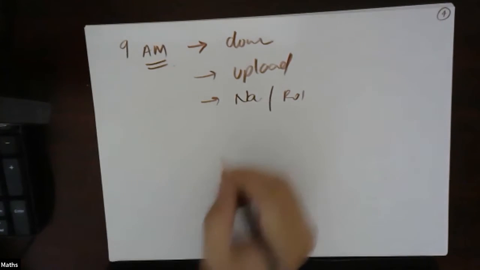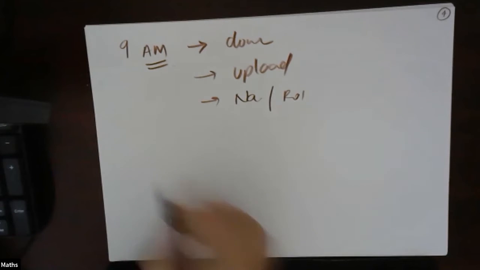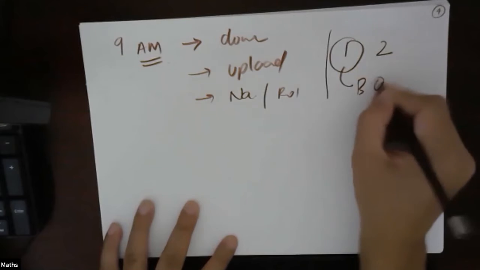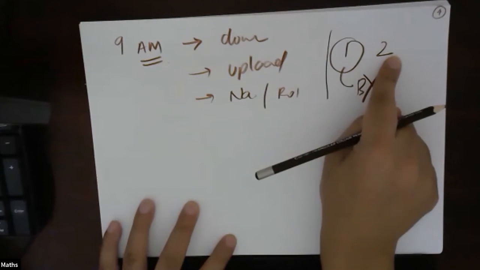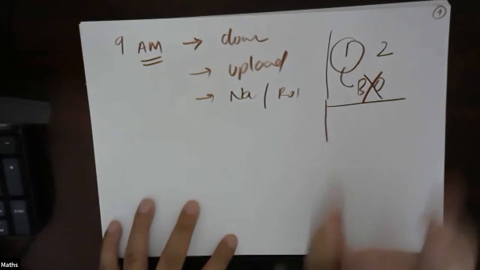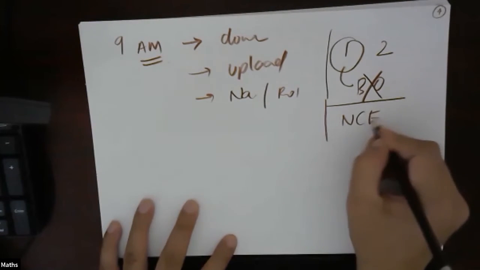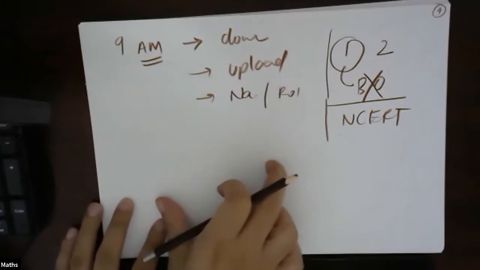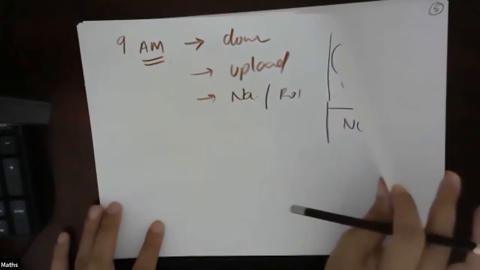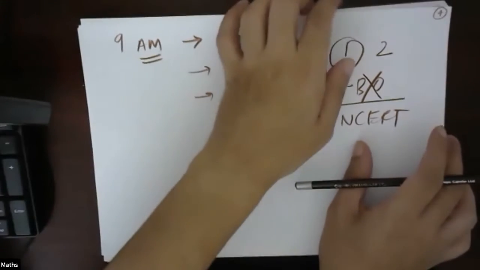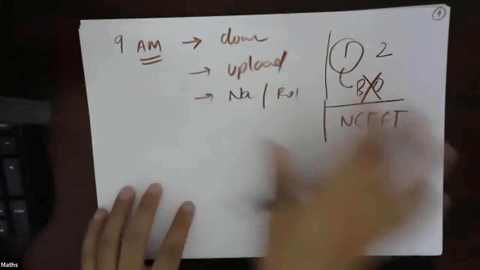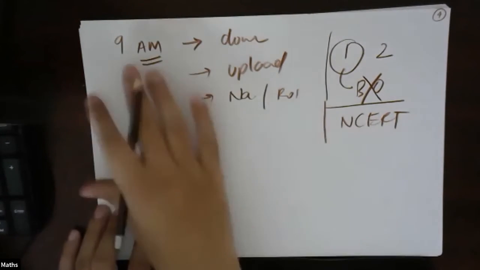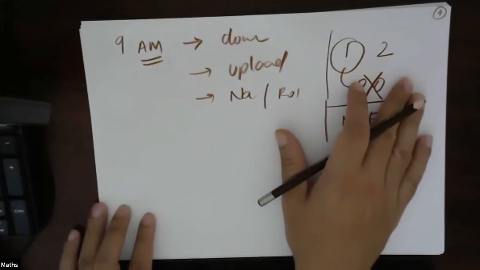The syllabus has already been told to you. Your syllabus will be the first chapter and second chapter, and in the first chapter binary operations are not included. All questions will be based on the questions from NCERT. The best way to write the exam is to use A4 sheets, which I am using. If you don't have them, tear out blank sheets from your book or copy and write on those. It should be blank. Better to write the exam on blank paper.